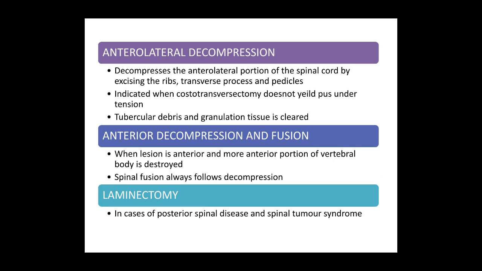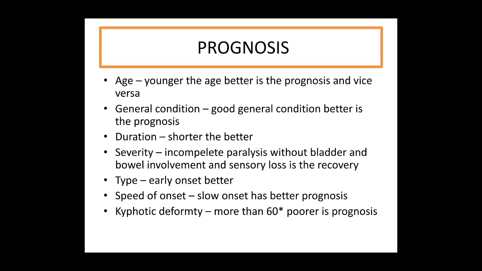Laminectomy, as I told you, is only done when tuberculosis involves the posterior elements, that is the lamina. So the disease is not involving the anterior and the middle column and is only involving the posterior elements. So obviously it is better to go ahead and remove those posterior elements. Otherwise, in tuberculosis, which is usually a disease of the anterior and the middle column, by doing a laminectomy you are destabilizing the spine, because in TB of the spine usually the posterior elements are spared. Like in Tuli, only 2% of the cases had posterior spinal disease. Hence you should be very careful when you do a laminectomy in tuberculosis of the spine, because that can be devastating if you do not follow the indications.